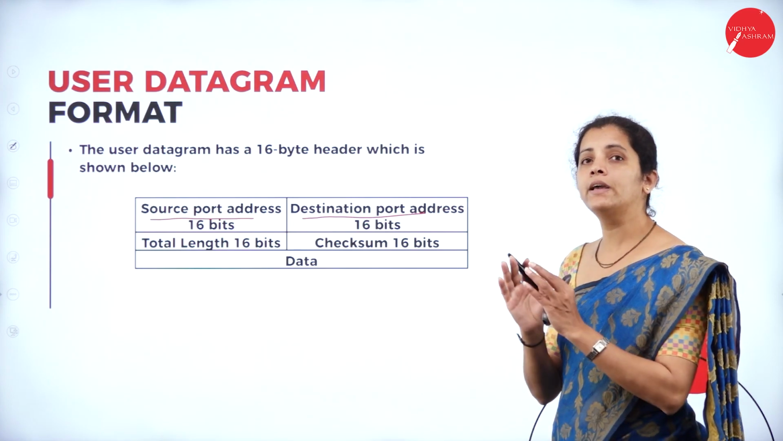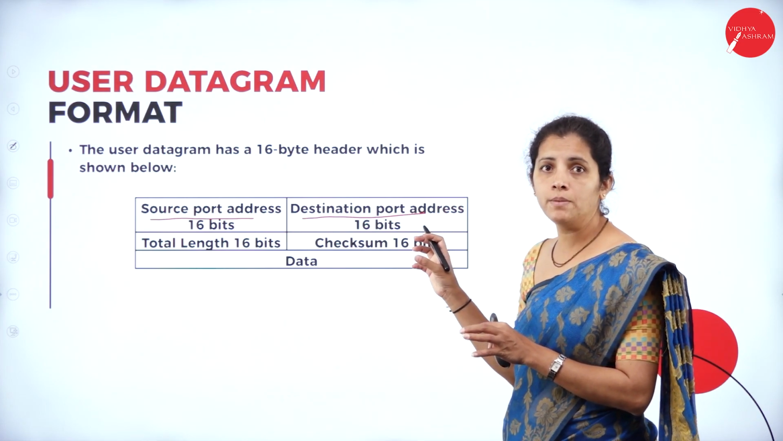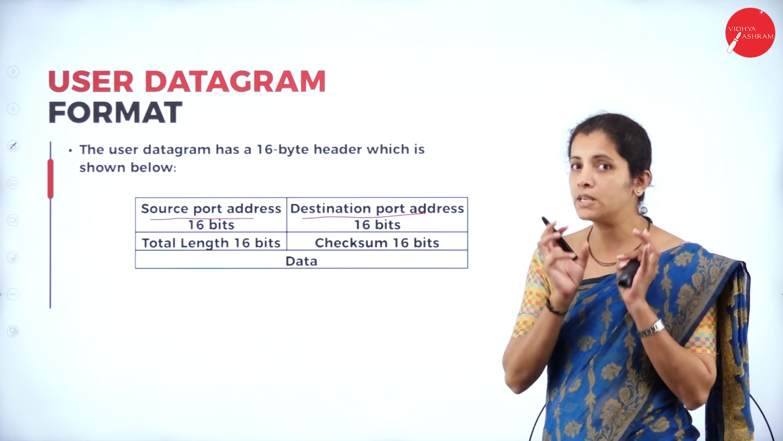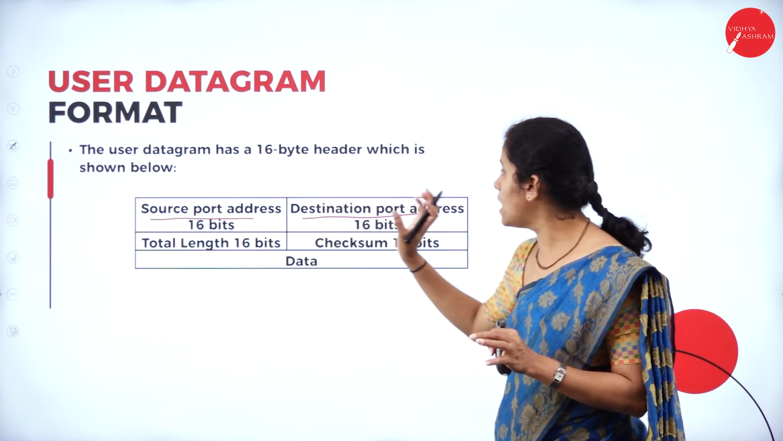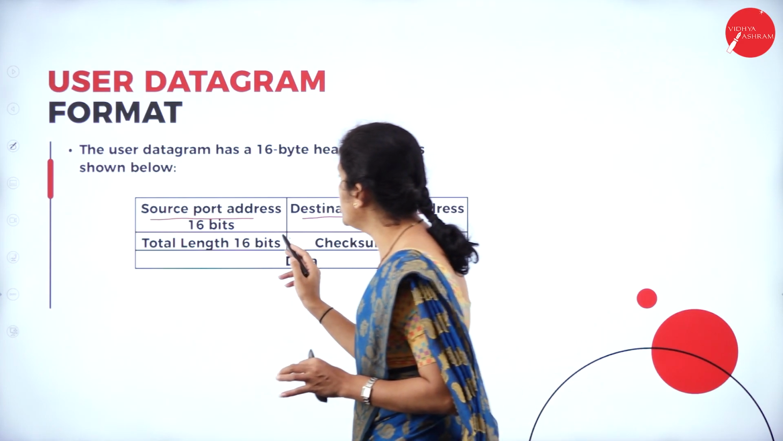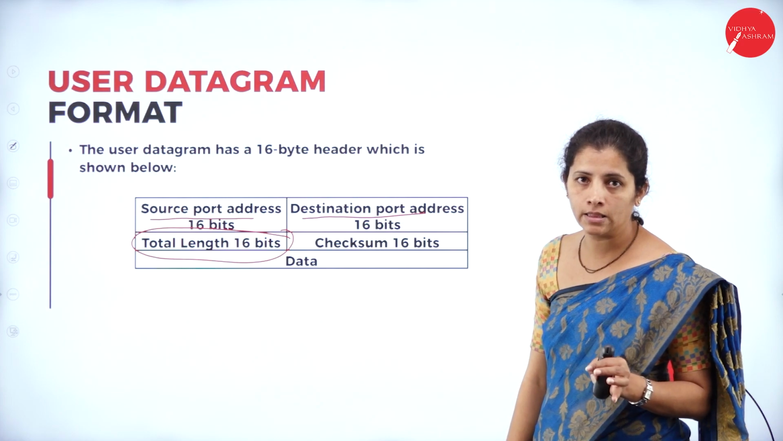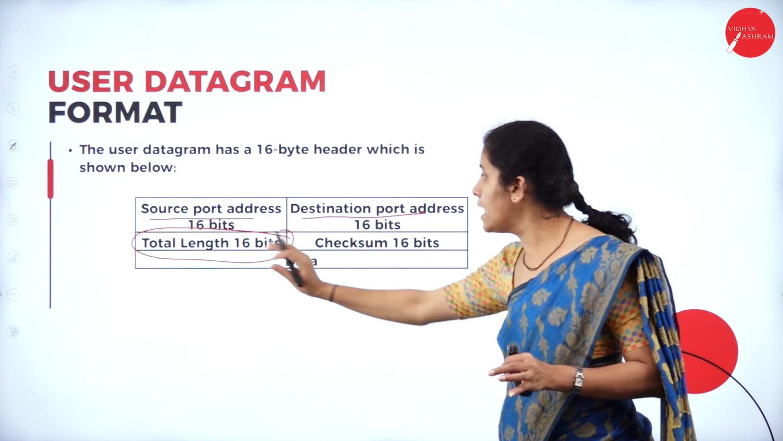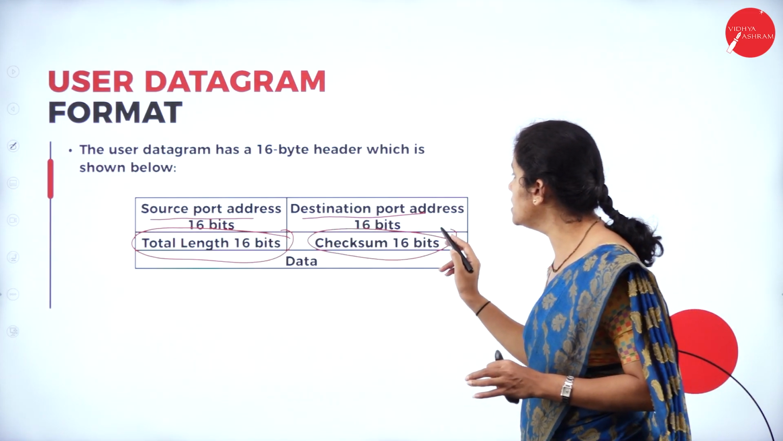So dear student, if I consider the sender side machine as well as the receiver side machine, each machine must have a port. To specify the port, I'm going to have the source port address and destination port address. Along with that, I'm going to have 16 bits of total length. So I'm going to specify what is the total length. For that, I'm going to have the 16 bits and another 16 bits for